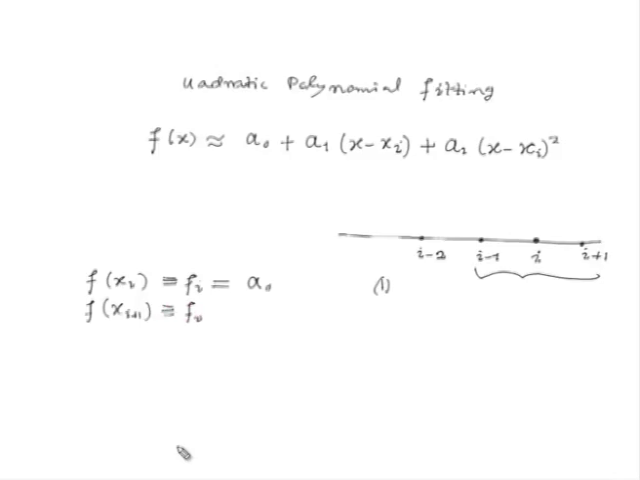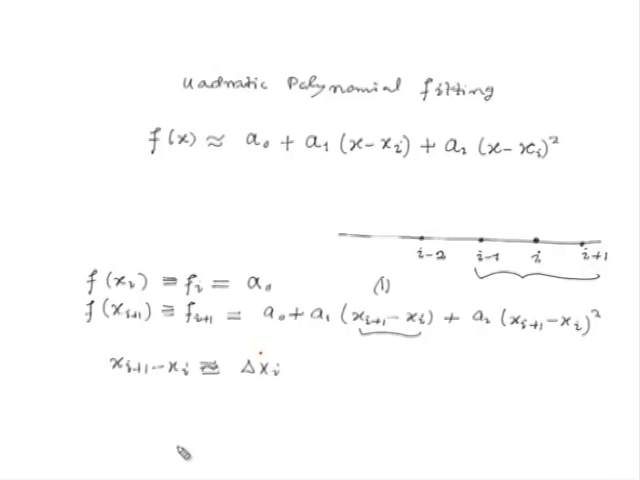We denote it by fi plus 1 is equal to a0 plus a1 times x of i plus 1 minus xi plus a2 times x of i plus 1 minus xi squared. Now, let us make use of our shorthand notation for the grid spacings. So, our xi plus 1 minus xi, we would use the symbol delta xi. So, therefore, we get an expression of this form